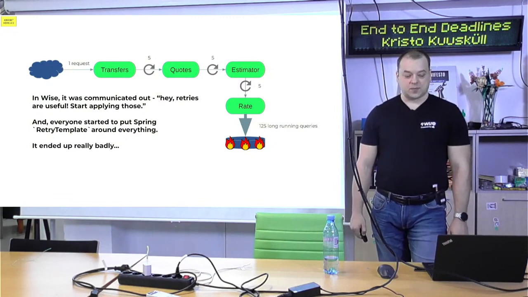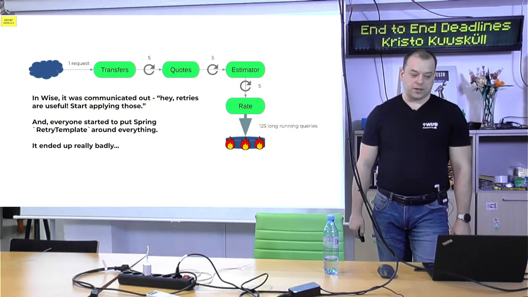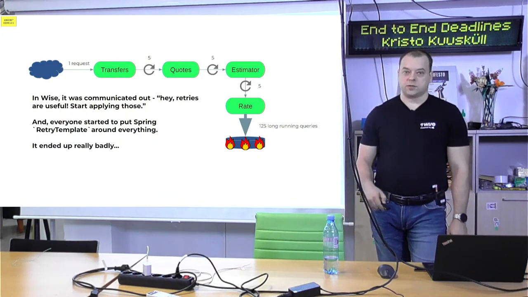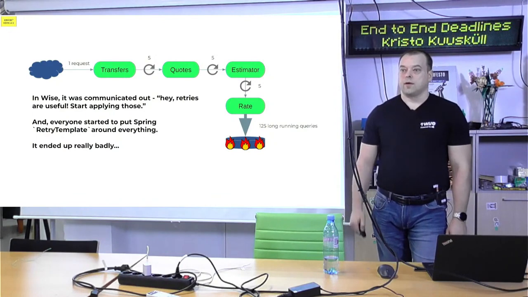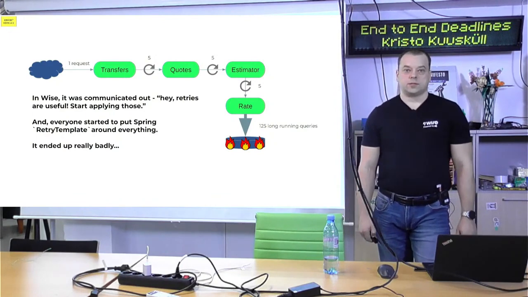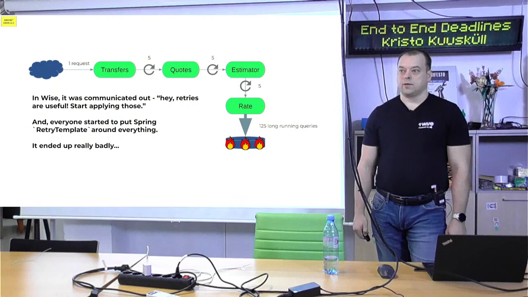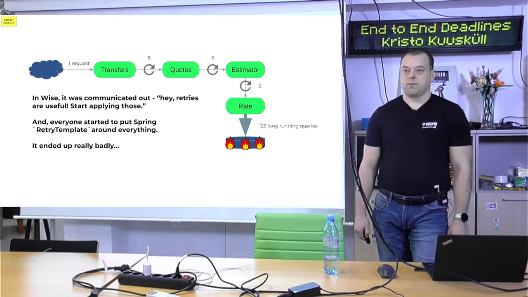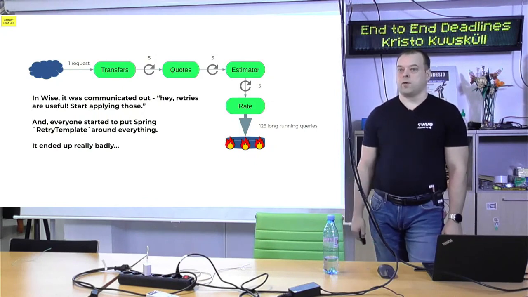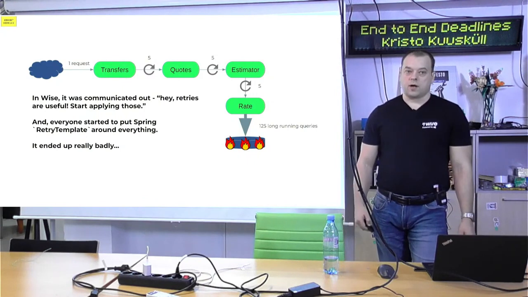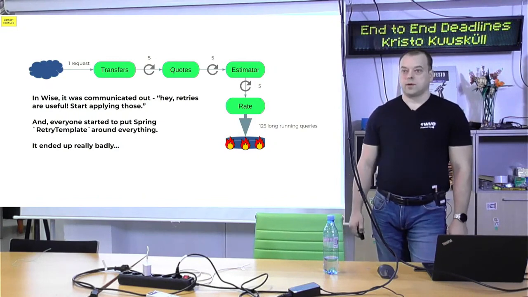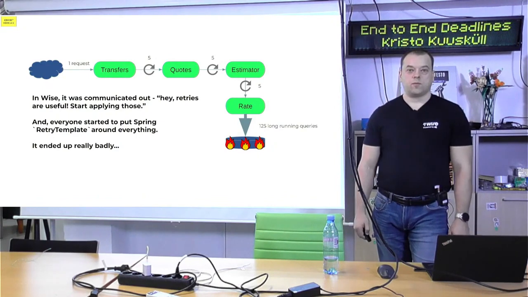Essentially, this can be explained with one simple example. Let's say we have this kind of service call chain. Let's assume it's a one-to-one call as well, and this rate service does one database call. But databases are not working perfectly. Sometimes, out of the blue, they can generate a really bad query execution plan, or you can release a bug, a bad query, and essentially one query started to work very slowly.